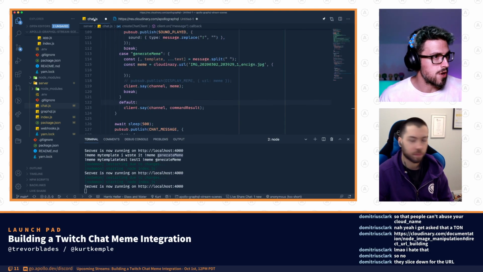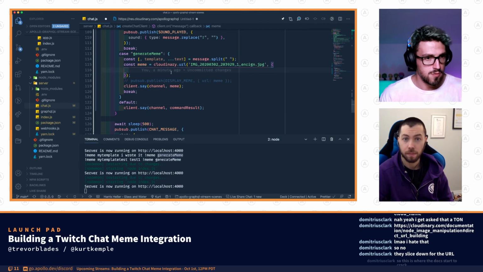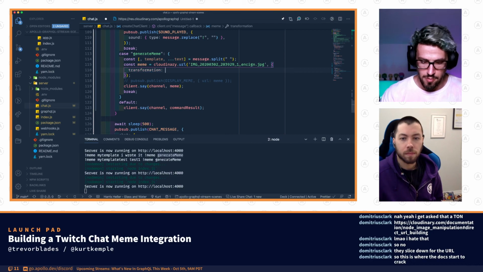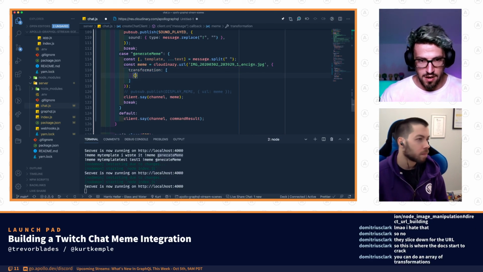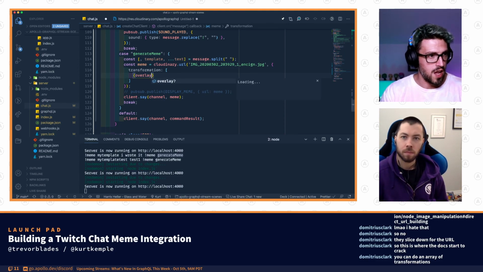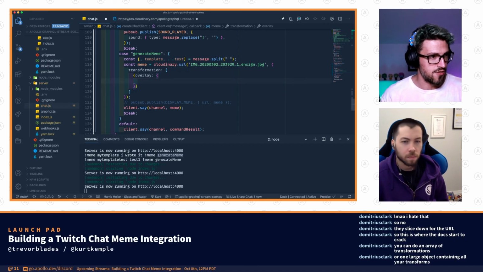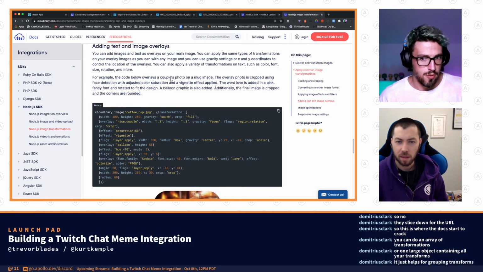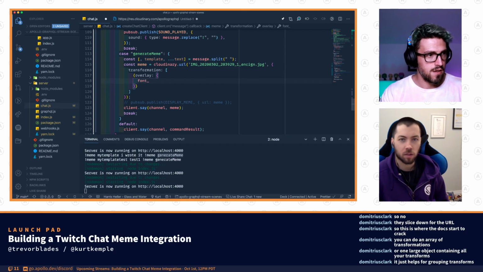All right. So we go back here, and we say transformation, which is an array, and then we're going to give it an object, and then it was going to be, I think, overlay. Yep. Looks like we're doing it right, and then this is going to have some data in it. So font family is going to be impact. And it's all snake case. So font family,